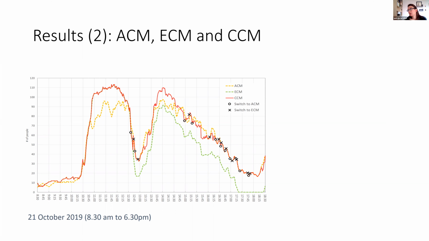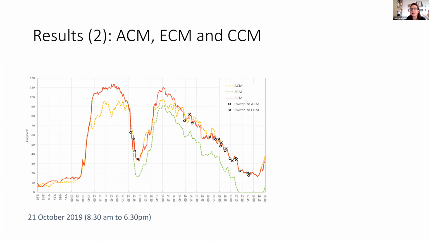So it immediately switches to the average counting method, the studio cameras, because there is a lower number of students. In that case, it relies on the other method. So you can see here the switch to ACM, and switch to ECM as time progresses.